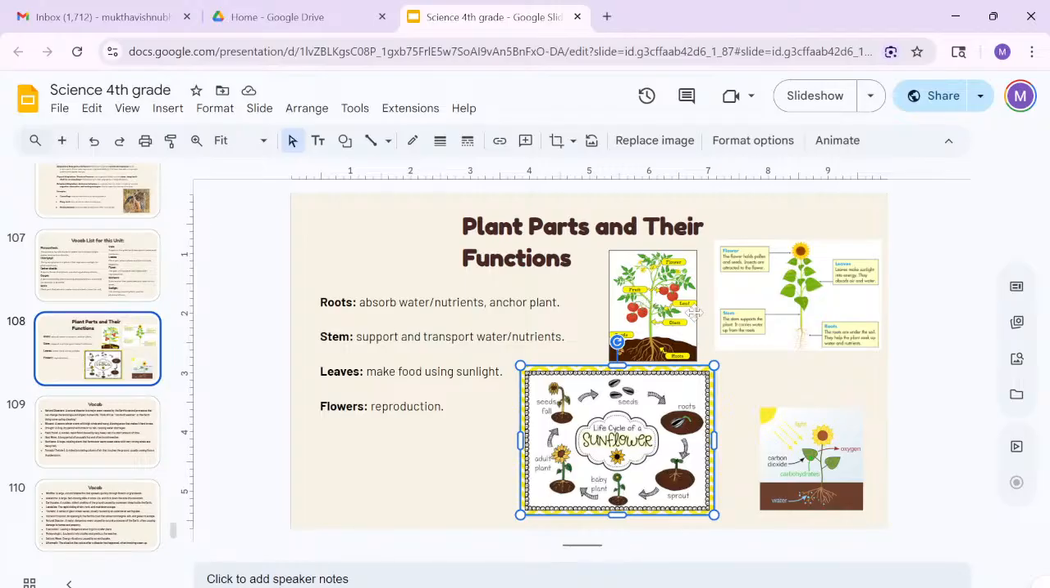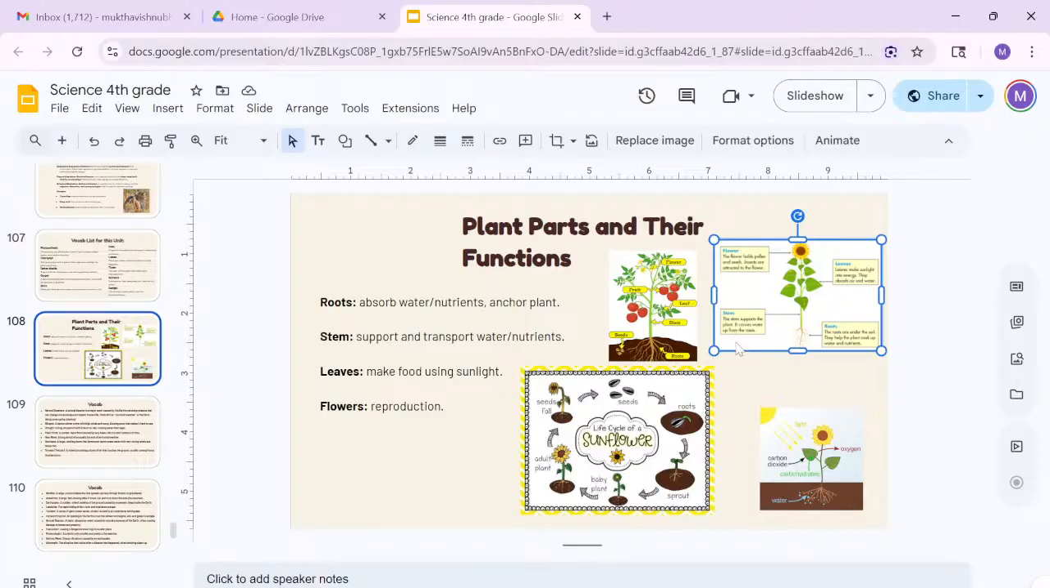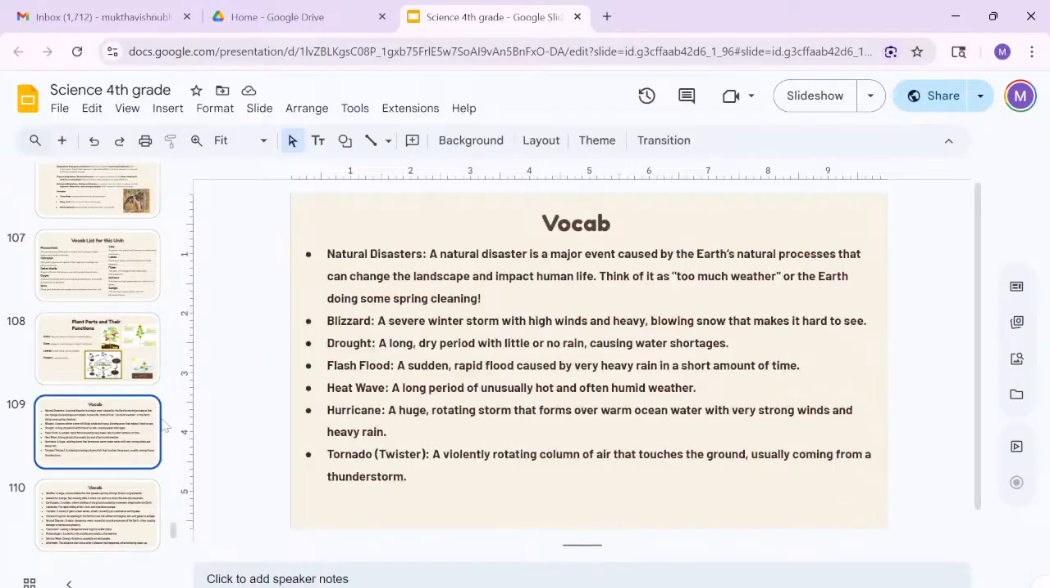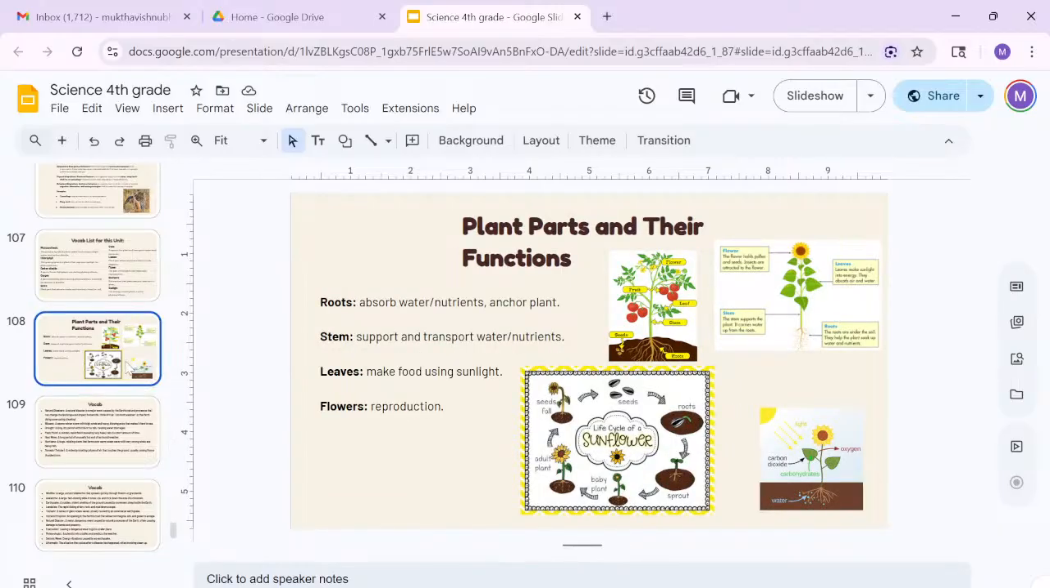And here you can see the flower, fruit, leaves, stem, seeds, and roots of a plant. And also another image that shows the parts of the plant. So those are the important plant parts and their functions, and the process of photosynthesis, which is basically,